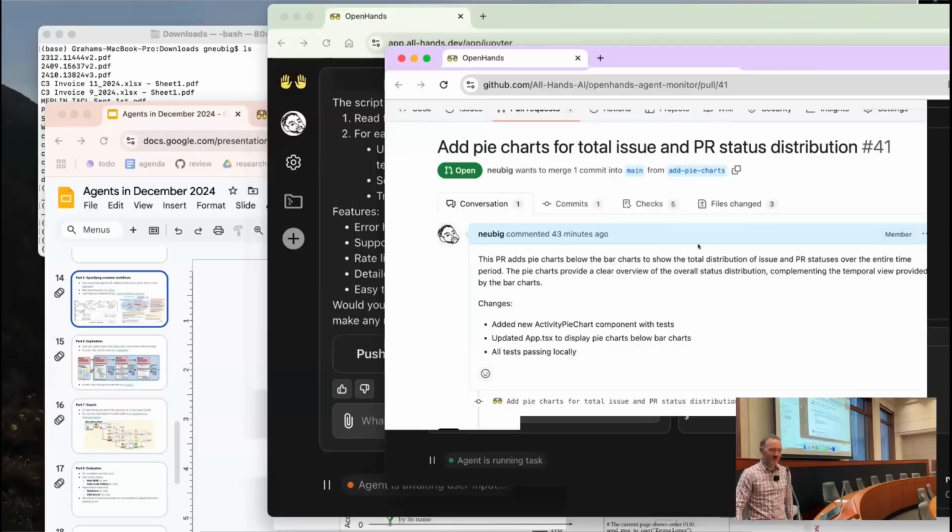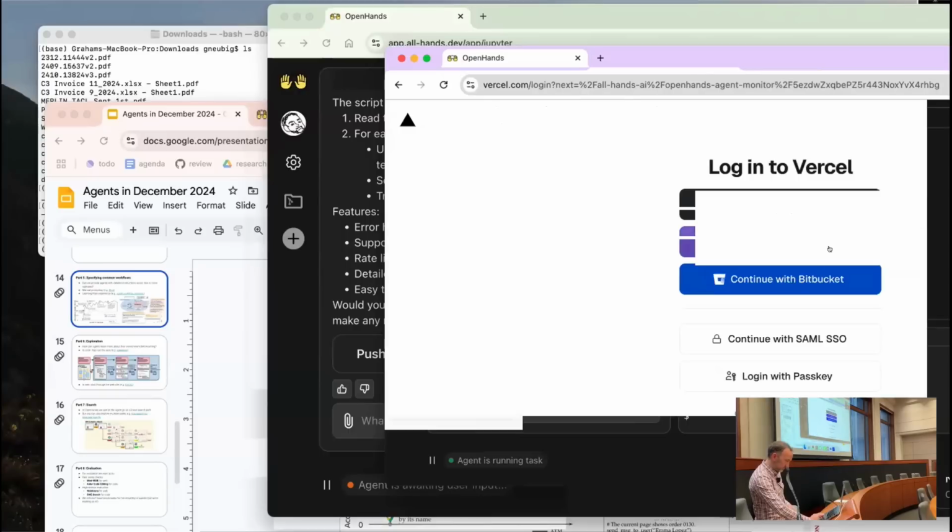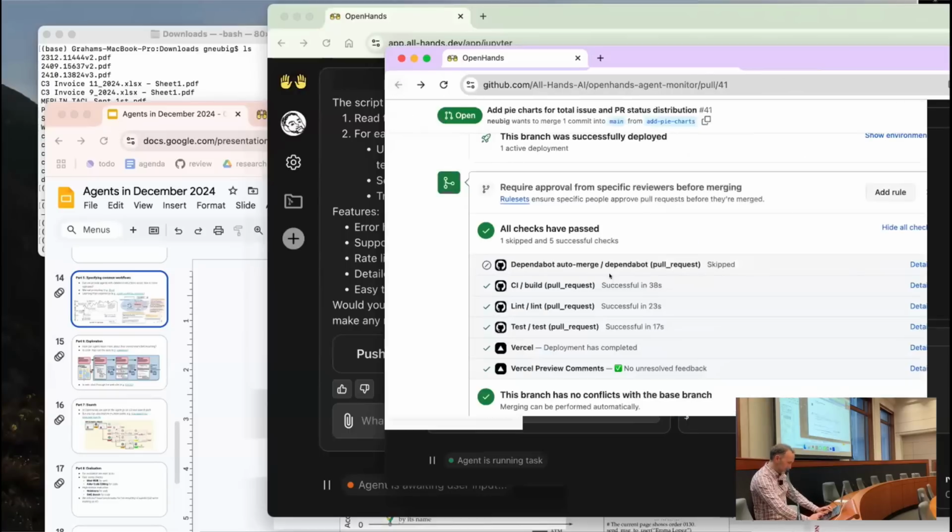I'll tell you later if this actually successfully worked. Oh no, it's deployed on Vercel, so I can actually show you. Let me try this real quick. Sorry, I know I don't have time.